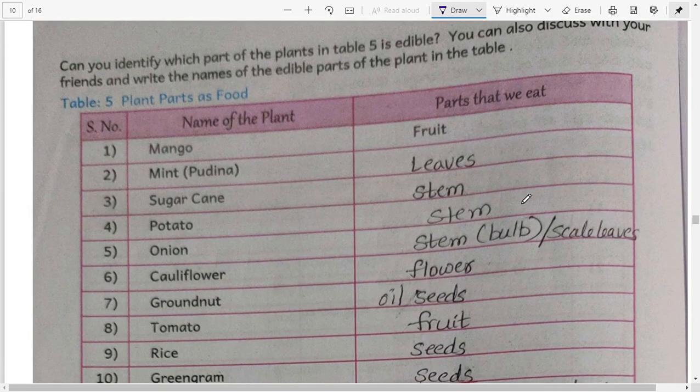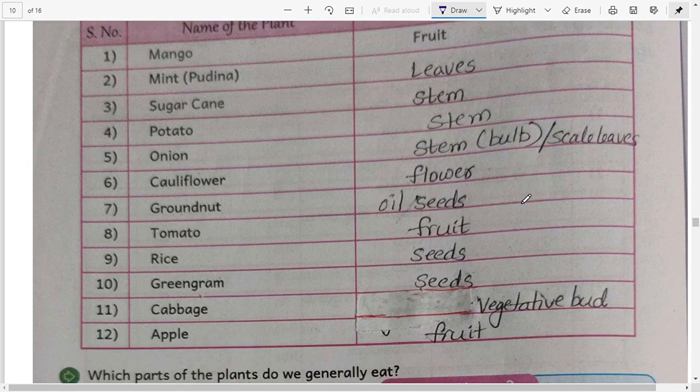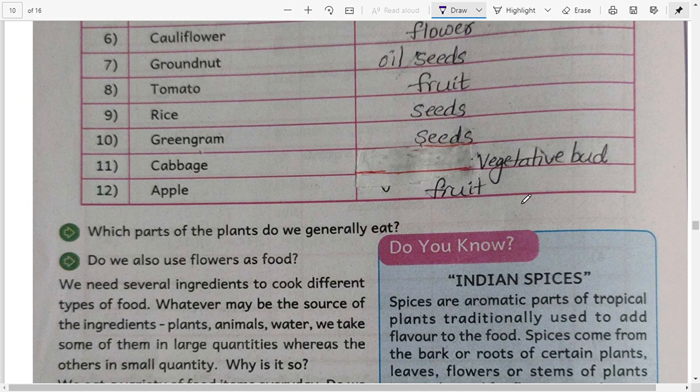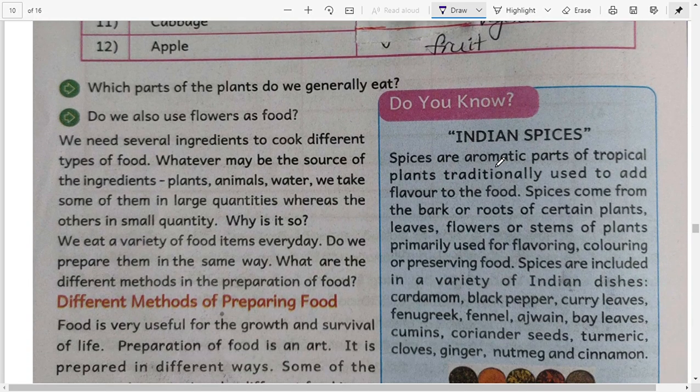So here I write this table: mint leaf, sugarcane stem, potato stem, onion stem, cauliflower derived from flower. So that means these are the edible parts in the plant. Okay. And which part of the plant do we generally eat?